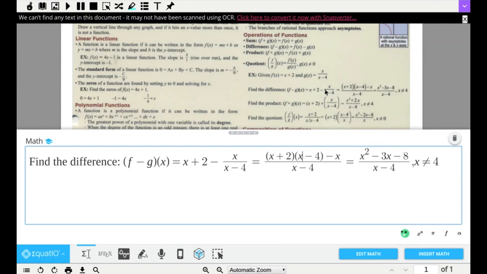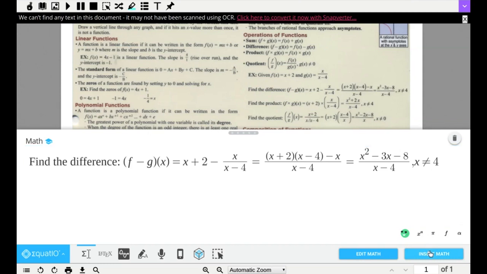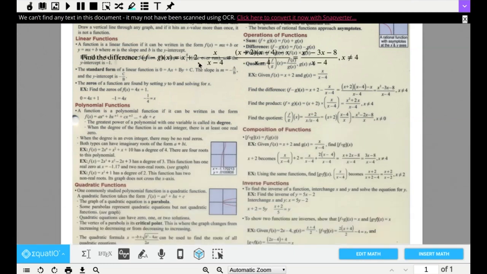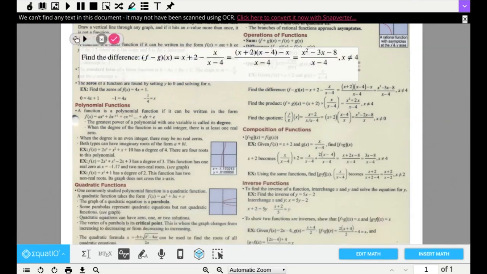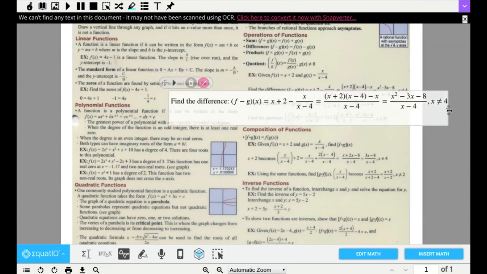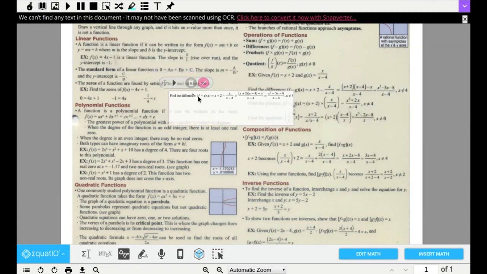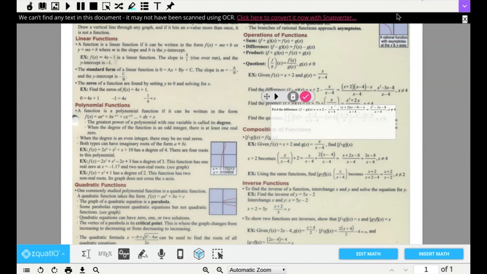So it takes something that was physical. You can see it's really just a picture here. This was scanned on a scanner that was not making it accessible, and now I've made it accessible. And so I can insert that math back in there into my Google Doc, into that PDF as a notational bit. So I can just drop that in there if I want. So it's a really great thing. Like, awesome, you have a great resource, just make it a PDF and then let your students use EquatIO so they can bring in all those bits. So I think it's minimal work on the teacher part to start working on that.